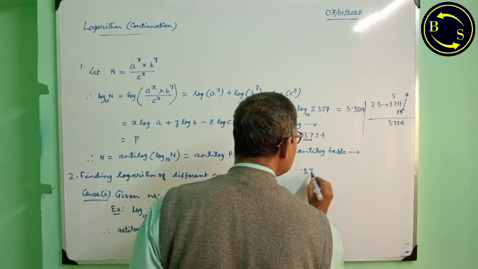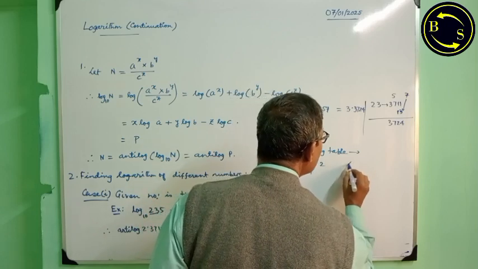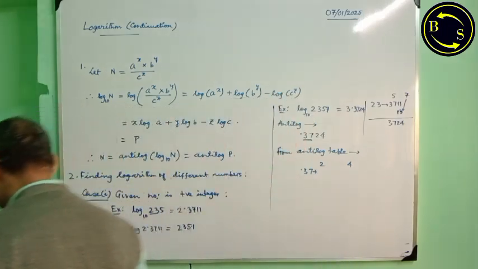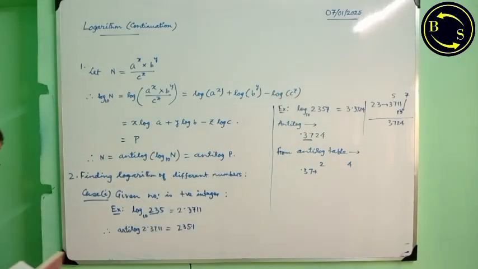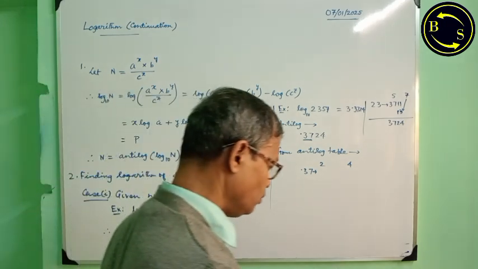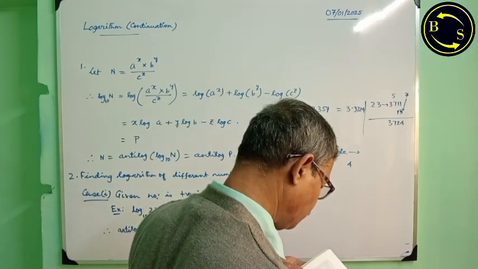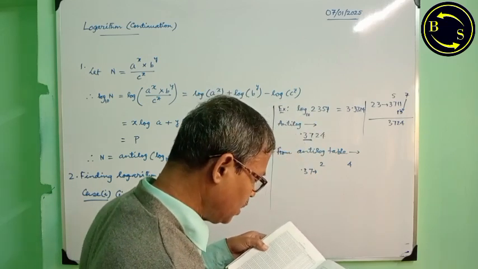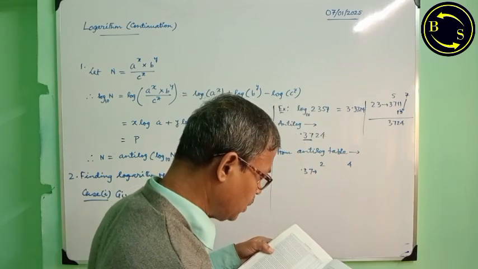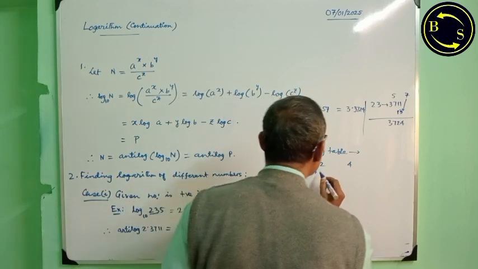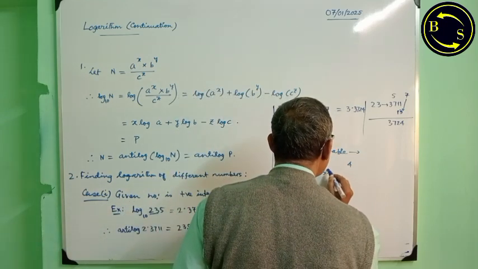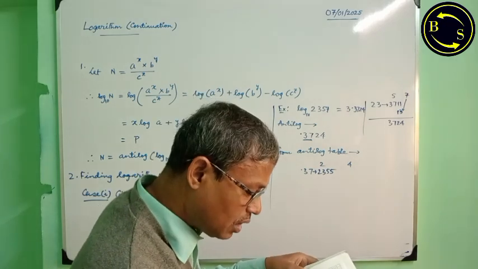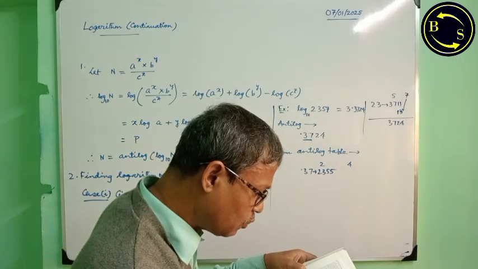From the antilog table, 0.37, then 2, it is 2355, and then from 4, mean difference 4,